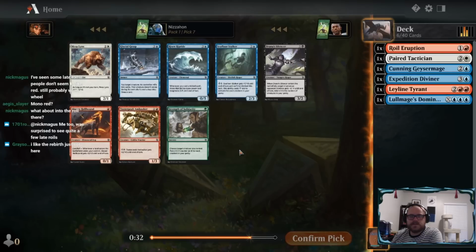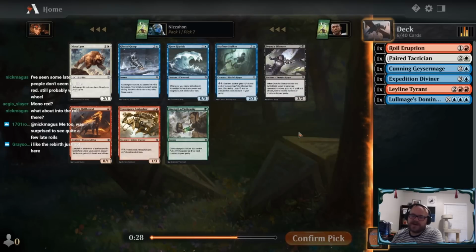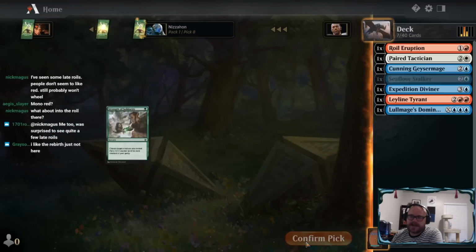So this is kind of a funny combo with her Tyrant. Not a good one, but funny one. Probably just the Stalker over Glacial Grasp and Risen Riptide. It's not exciting, but